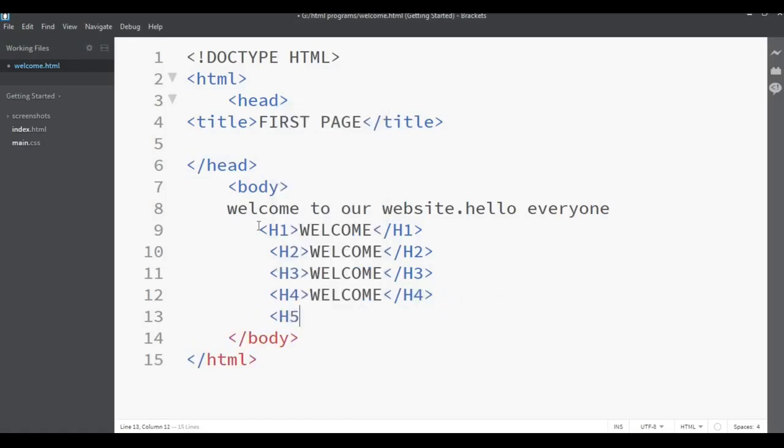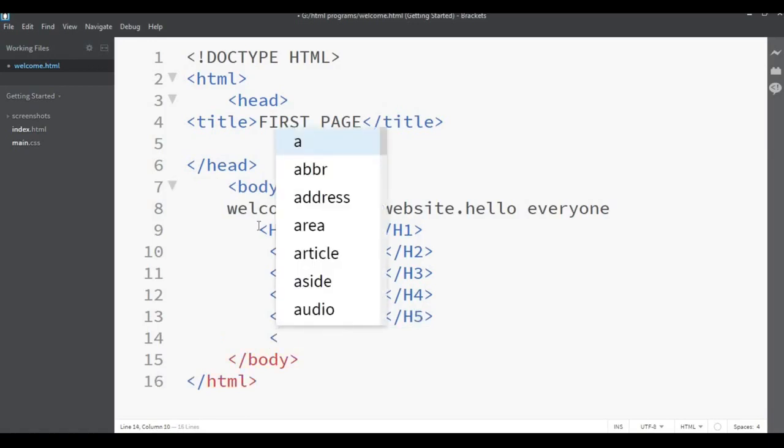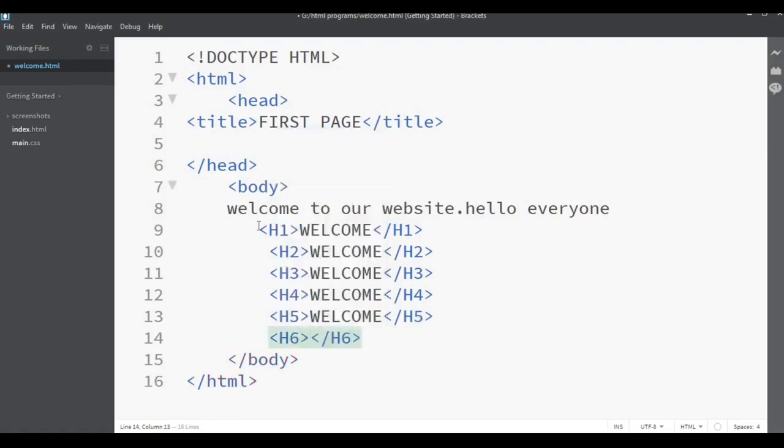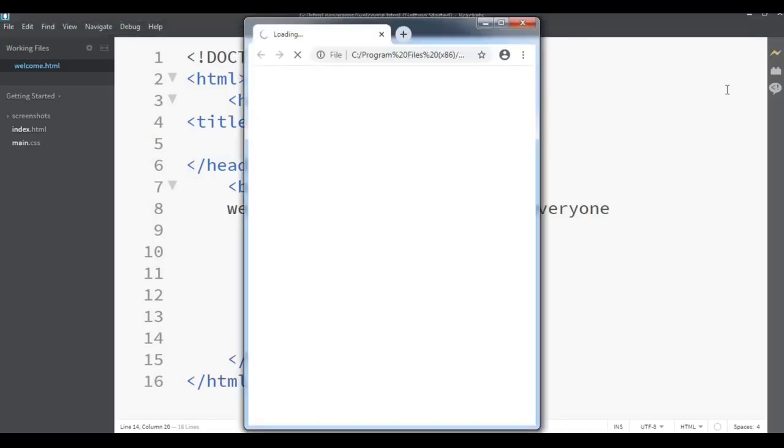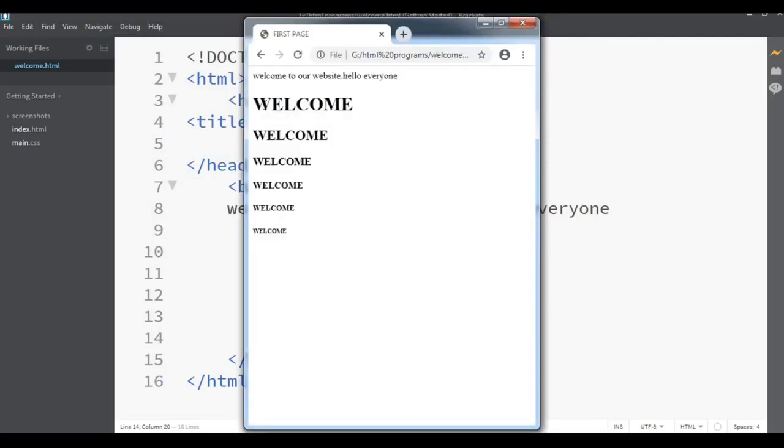H5 and last is 6. Okay, so try to run this. See, this way it will show the output, the highest one, the smallest one. Okay, so it is the working of heading tags.